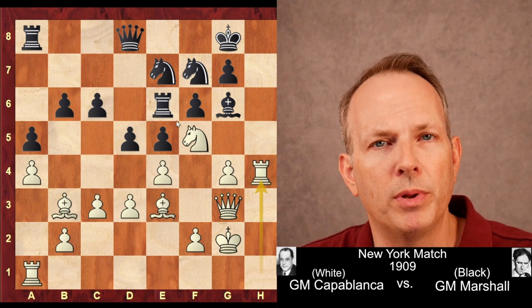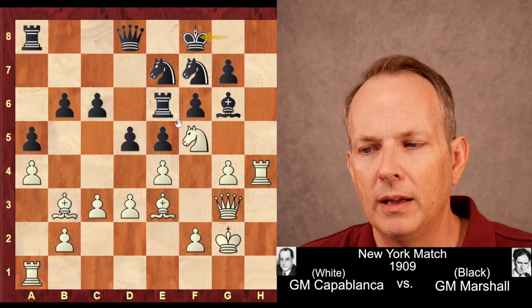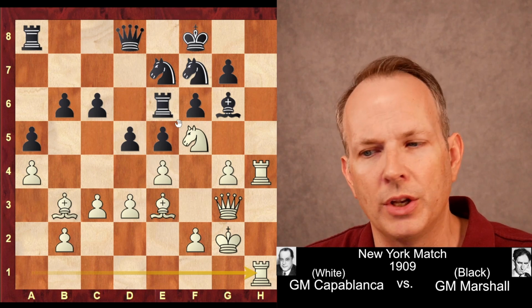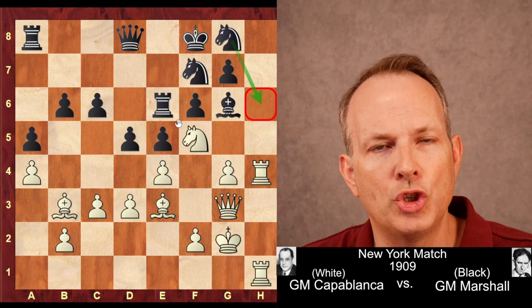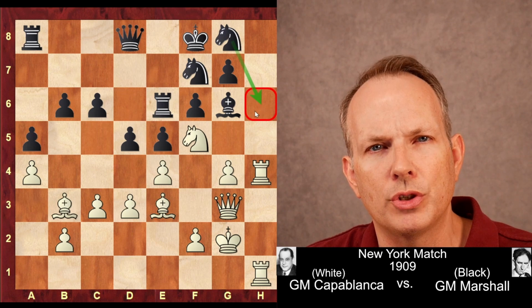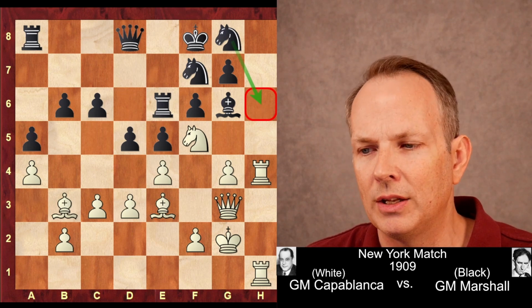Rook to h4, simply preparing to double or triple his heavy pieces on the h-file. King to f8, trying to run his king away. Rook a to h1, doubling. And here, knight to g8. Frank Marshall tries to create some kind of strong point on h6 to keep white from breaking in against black's